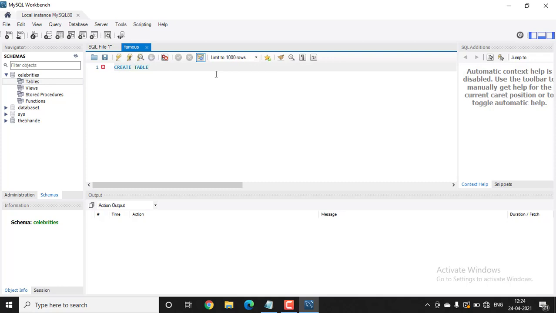Create table, name of database, dot name of the table, and go to next line and open a bracket, and then go to next line again and type in the name of columns.